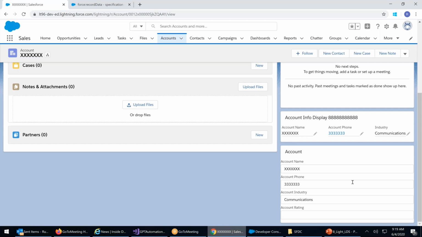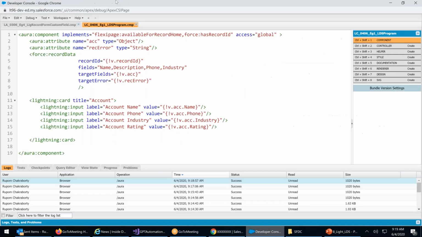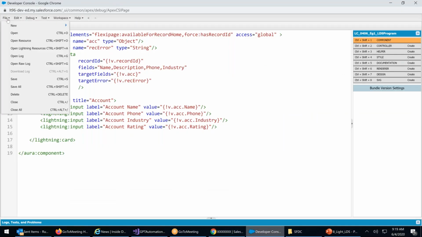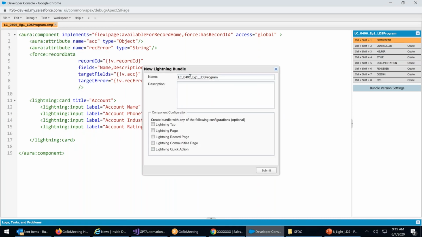Linking to account is a bug. Passing an ID will pass the ID, but still it will not link. That is a known bug. So first, let us do the first level of work. Clear now? I'm closing it. I'm taking new lightning component, LC underscore example 2 underscore LDS program